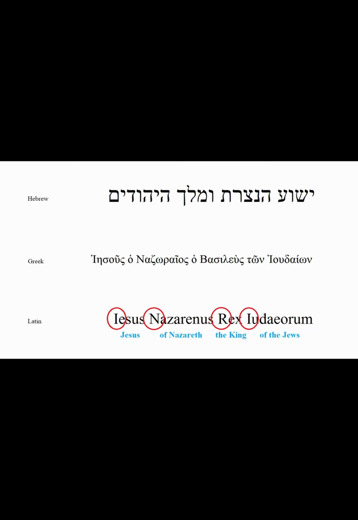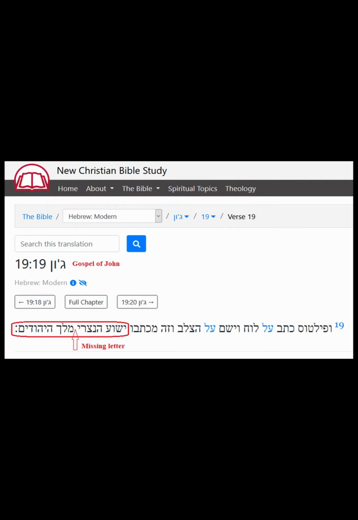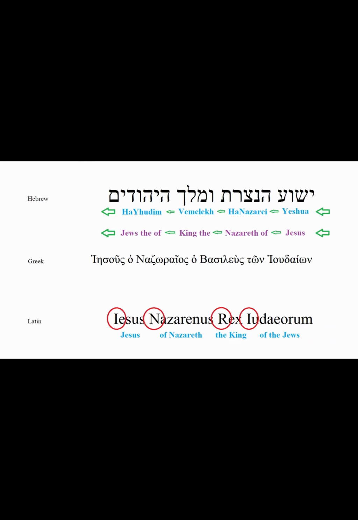If we examine the Hebrew version, the meaning is the same, but it's read from right to left, as you may know. Some modern versions of the Hebrew Bible deliberately skip one letter to not suggest what we will get to in a moment. This letter is very important because without it the sentence loses its deeper meaning, making Jesus some king of some Jews instead of the king of the Jews. When this letter is included and properly translated, the whole sentence Pilate wrote makes sense.